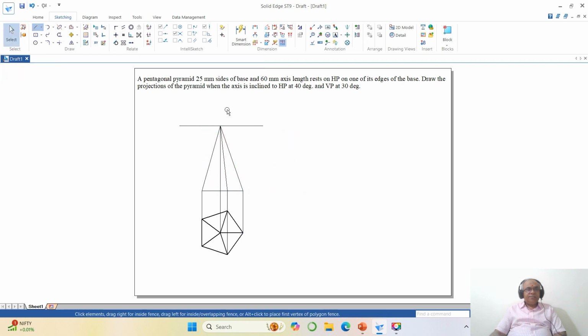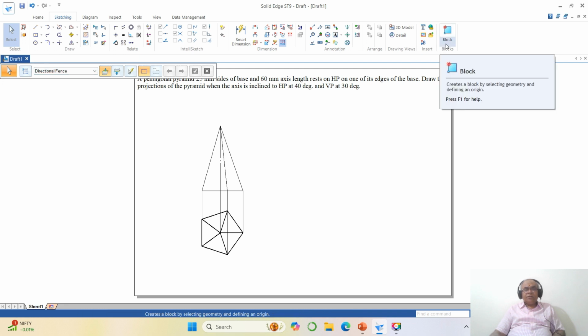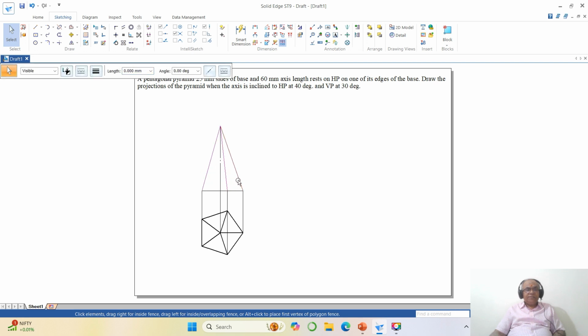Then go to select by holding the shift key, by holding this you remove this. Now you go to split this line till here. Now you go to select this, make this as the axis line. Then you select this entities now. Select this line by holding the shift key, you have to do that. You make this as 0.5